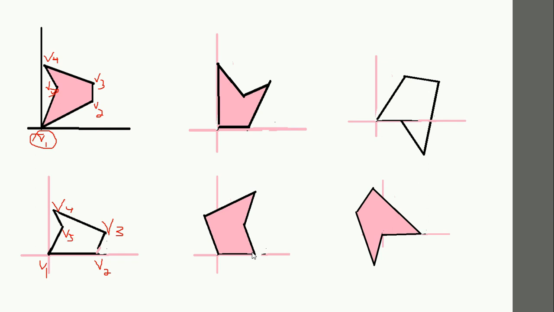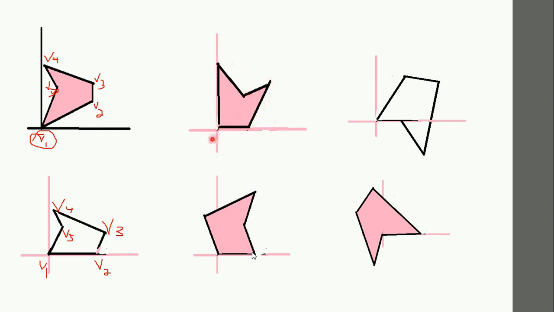So after these particular steps, what you have to understand is, observe the other vertices. See, all the vertices other than v1 and v2 lie above the x-axis. So the next step is to move v2 to the origin. At that time, the polygon looks in this manner. See the third figure here.